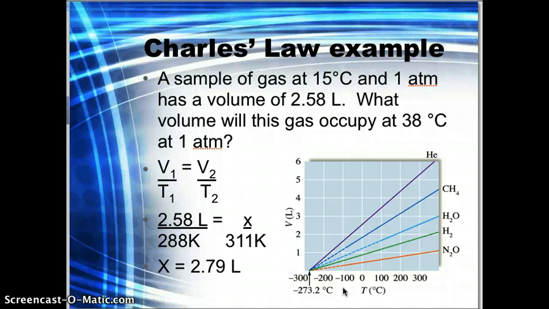So that's Charles' law, that balloon changing with its temperature. You can look at here, these are all different types of gas, kind of like what Charles did when he filled the different balloons and then looked at his data there. Again, direct relationship, and that's what this graph shows. All right, we've got 2 slides left.